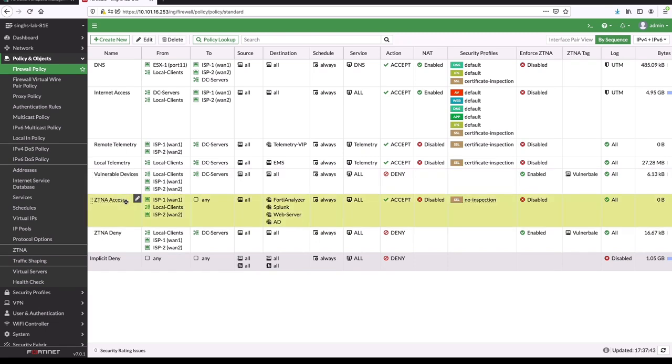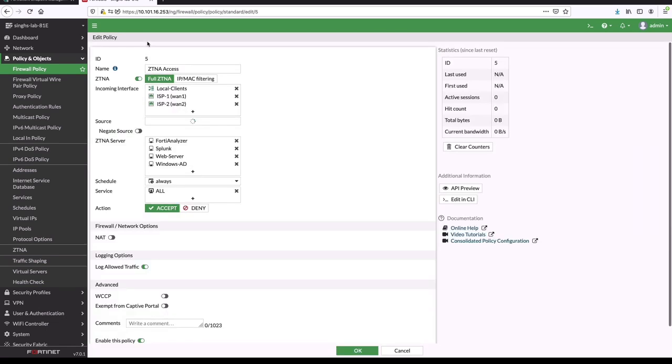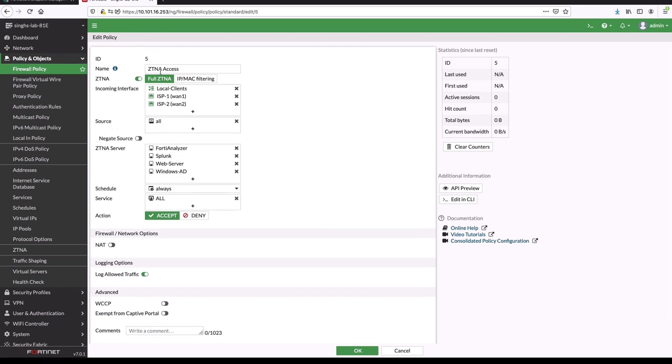Now, we need to configure a firewall policy to redirect incoming user traffic to the virtual IPs. In the firewall policy, we need to enable full ZTNA functionality, specify all the interfaces where we expect user traffic, and select all configured virtual IPs for which we want to enable ZTNA.